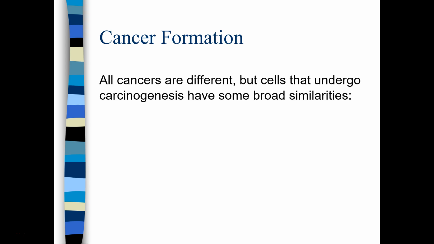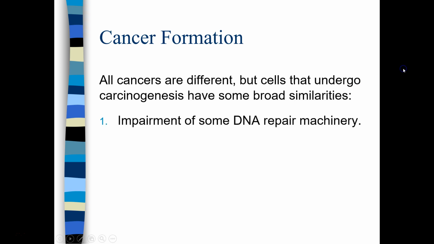Even though all cancers are different, there is the process of carcinogenesis, of a cell becoming cancerous. Because there are some similarities here, we can say there are some broad similarities between all cancers. And again, there's an asterisk here. There are a few here and there that are weird and don't actually fall into this. But broadly, for our level, this is a very good set of rules. So there are three things that all cancers have in common.